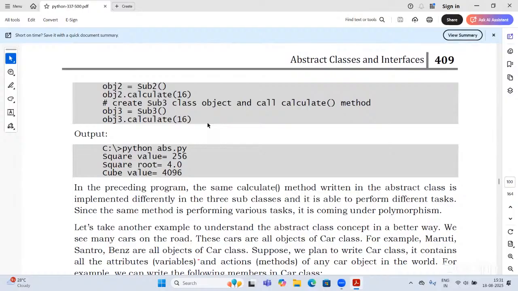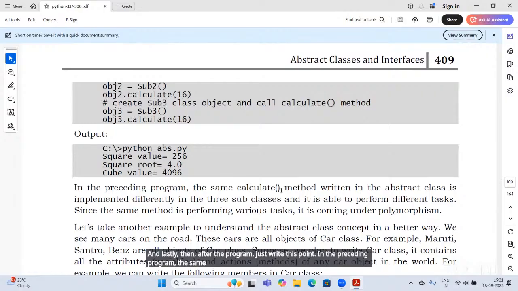Completed, sir. And last, at the end after the program, just write this point, this point is important.